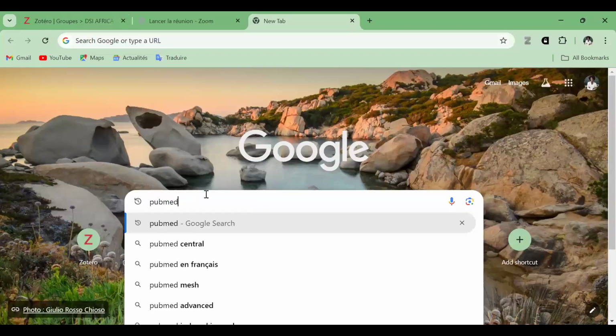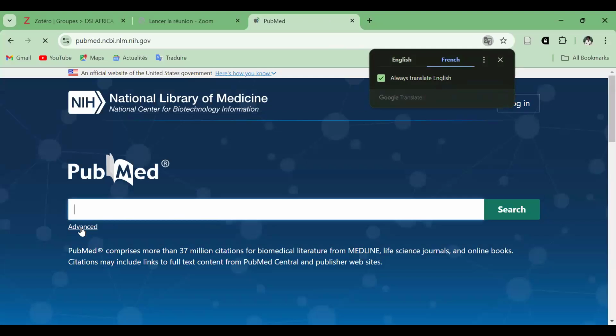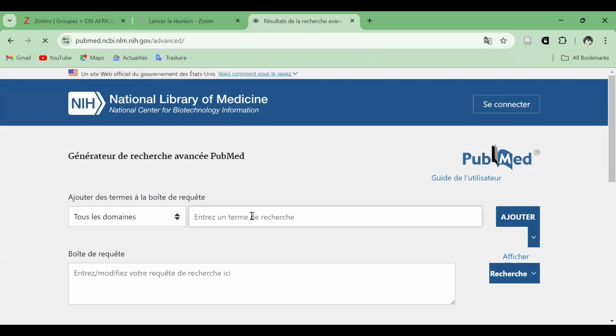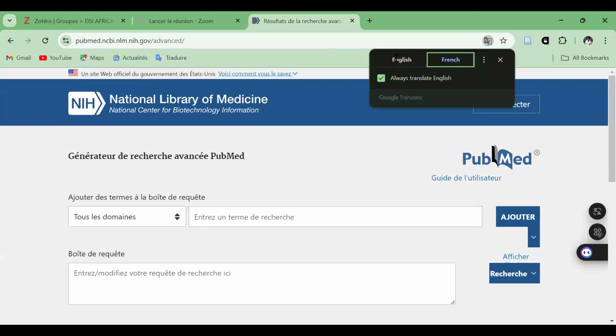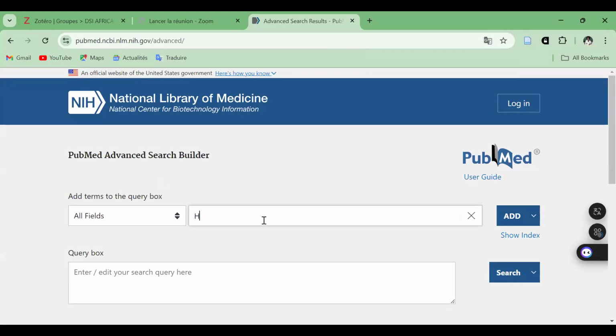PubMed, Advanced. Enter a search theme. Example, health,